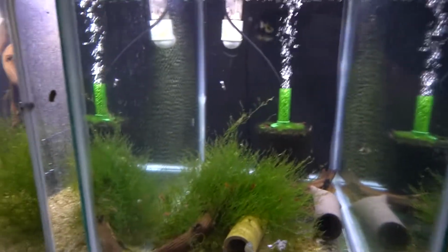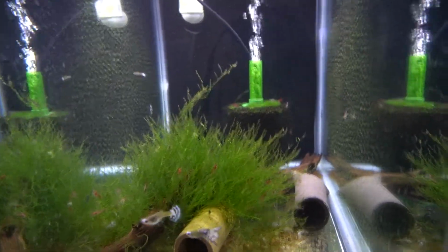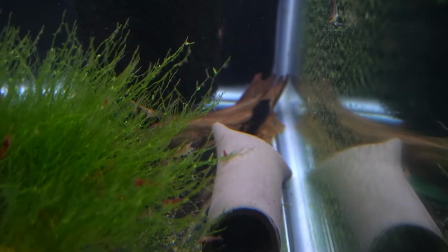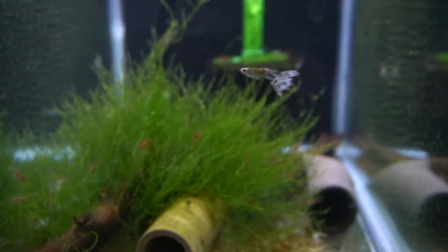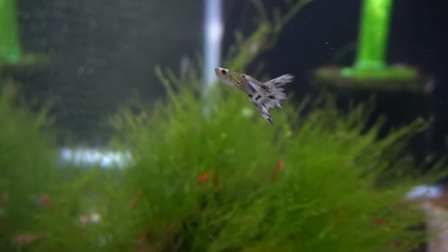Alright. And this tank right here is pretty cool. I have an amazing pair of Superheads. There's 0 brown on them in here. They haven't bred yet, but that will be very exciting when they do. I've just been having problems with superheads in my fish room, it seems. They just don't like to breed for me, but anyways,